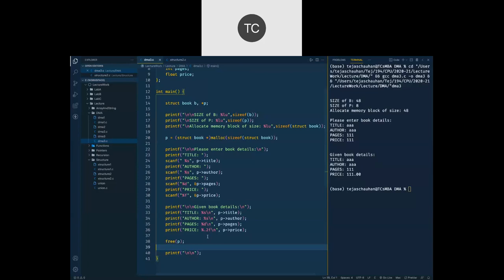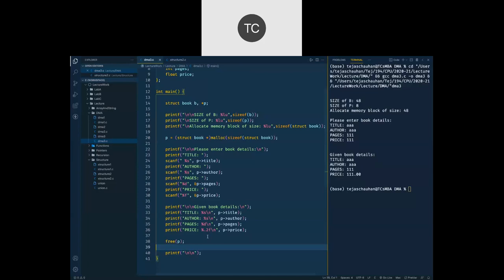Yeah, so we have a few queries in the chat. Let me go through them first. Nirmal is asking, can you please share this code in the MU app? Well, I have shared earlier code in the e-content, so you can check it out. I'll also upload this current file in the e-content once we complete this entire unit. Okay.